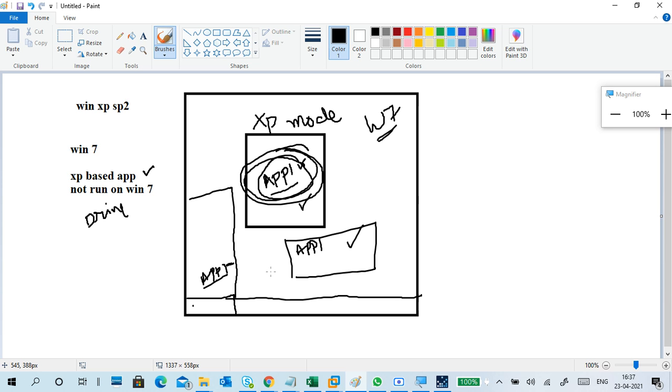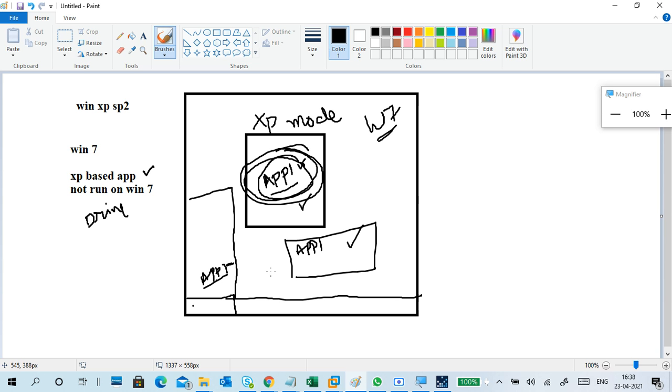Because of that enhanced mode, it looks like you're running the application on your actual desktop, your Windows 7 desktop.